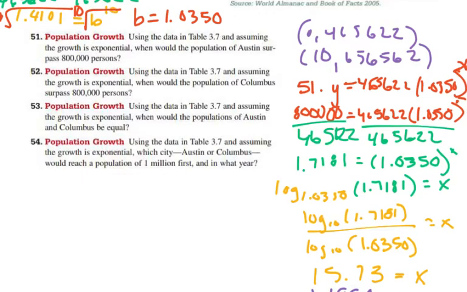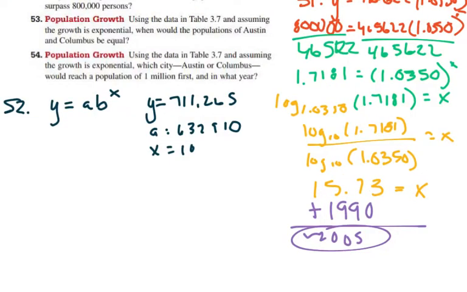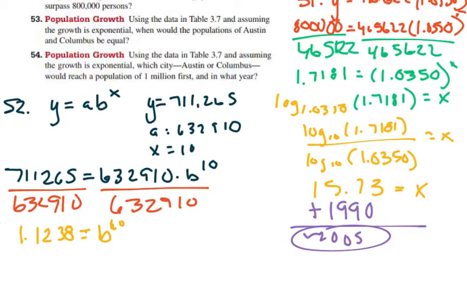Alright, so the next one here says, using the data in the table, assuming the growth is exponential, when would the population of Columbus reach 800,000? So now we get to do the same thing, making that formula for now Columbus instead of Austin. So we'll use these pieces from the table where y is going to be 711,000, a is that other population of 632,000, and then x is going to be 10, and we'll plug it in. Once you plug it in, we'll divide both sides by that 632,000. Which results in 1.1238, and then we'll 10th root that,